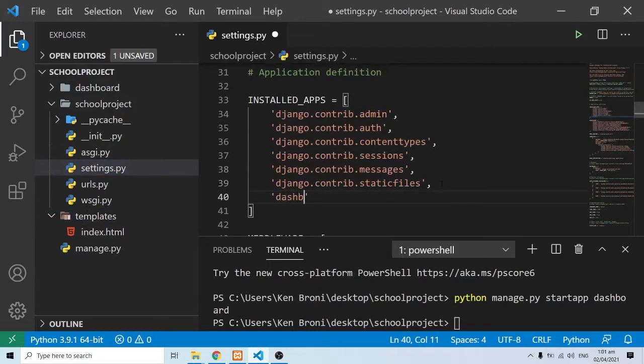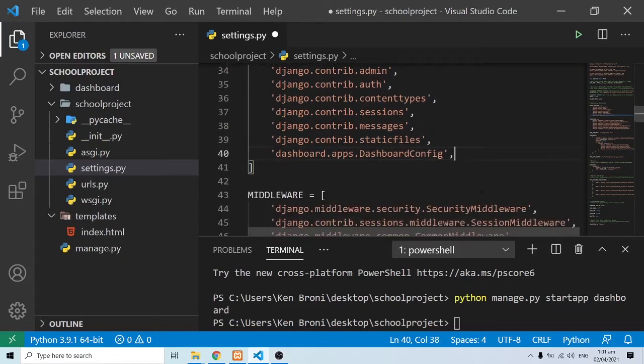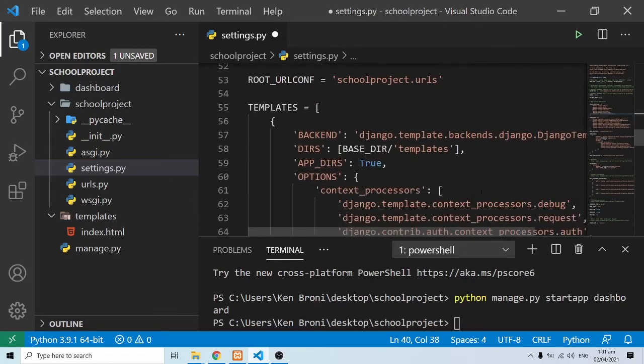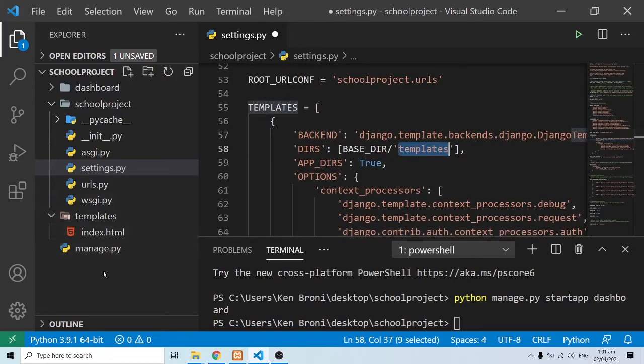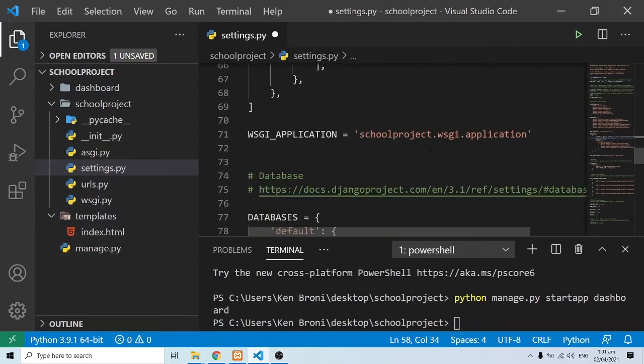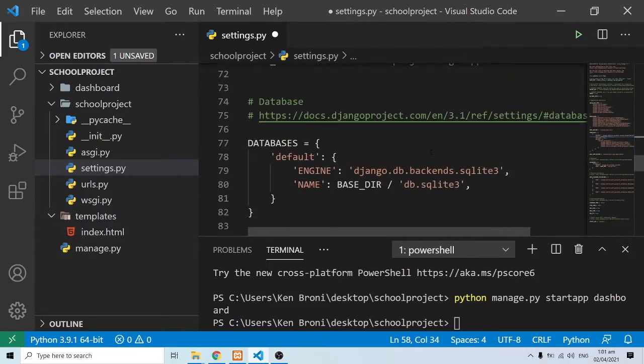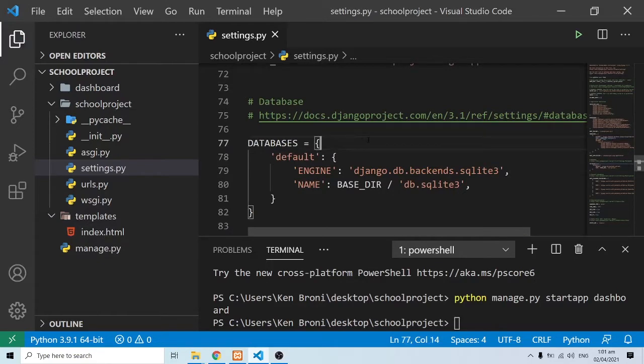So we are going to say dashboard.apps.DashboardConfig. Then I've also already linked up the templates folder that I created here. So I think as far as settings.py is concerned, we are almost through with this. Let me save this